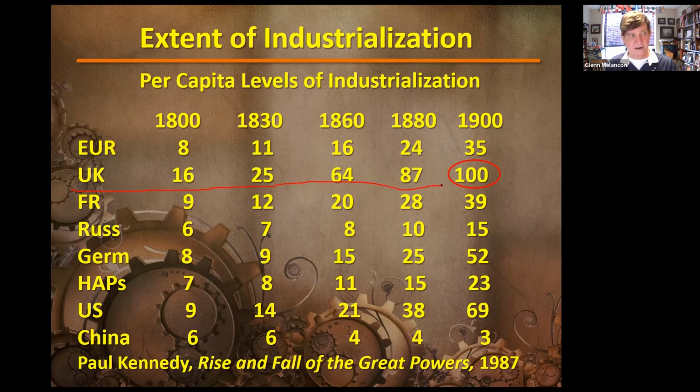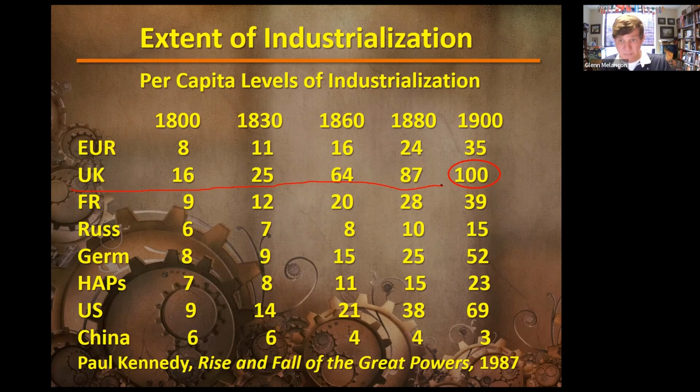we can see that there was some industrialization around 1800, right? 1830, you get a doubling, and then 1860, double again. And it's not until you get to 1900, end of the century, that you get to 100. Now, historically speaking, this is a pretty rapid change, but it takes 3 generations in England to reach what the economists there level at 100.